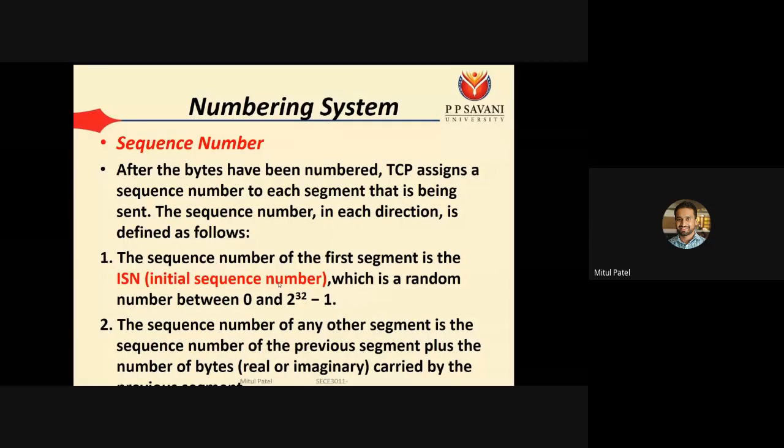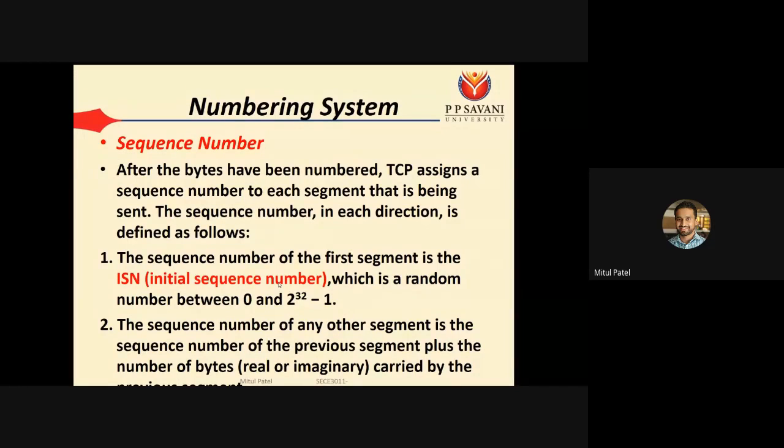Numbering system. We have said that for each segment the transport layer has to add the header, as well as one more field called the sequence number. That means we need some mechanism by which we can say, suppose I have 5 packets, 5 segments, which segment has been sent correctly and which segment has been corrupted. If you want to identify such things, like which segment has been sent, which has arrived as a duplicate, and in which the data is corrupted,